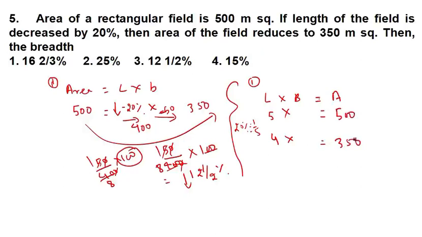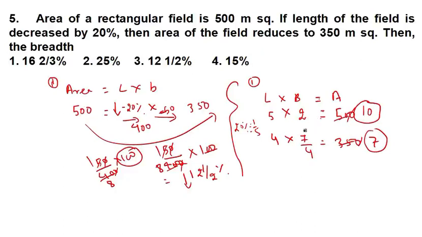So for your simplicity, you can just simplify it. This 0 and 0 get cancelled. 5 10 times, 5 7 times. So it means that before your area was 10, now your area becomes 7. So how will your area become 10? Just use your common sense. If you multiply this 5 with 2, then your area will become 10. And here if you multiply 4 by 7 by 4, your area will become 7. Fine.